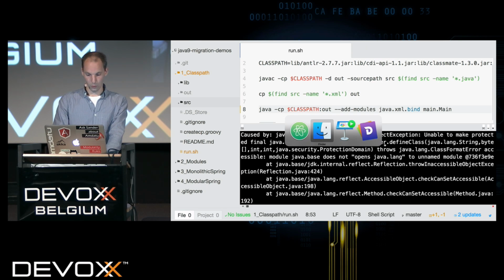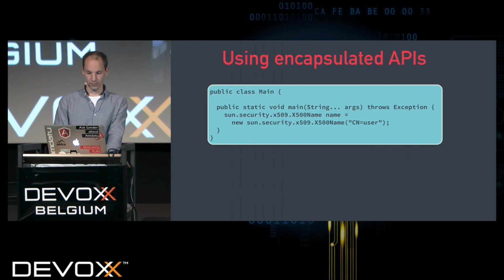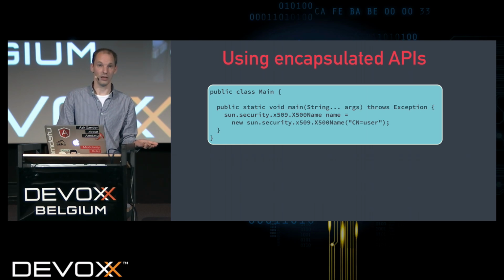So let's go back to the slides and look at a slightly different but related problem, only to come back to see how we can solve this problem. So one of the big problems is using encapsulated APIs. And it doesn't have to be your code, right? It can also be a library that you use that uses encapsulated APIs of the JDK, and it will feel just as hard. But in this case, let's say that we have a sun.security.x509.X500Name class referenced